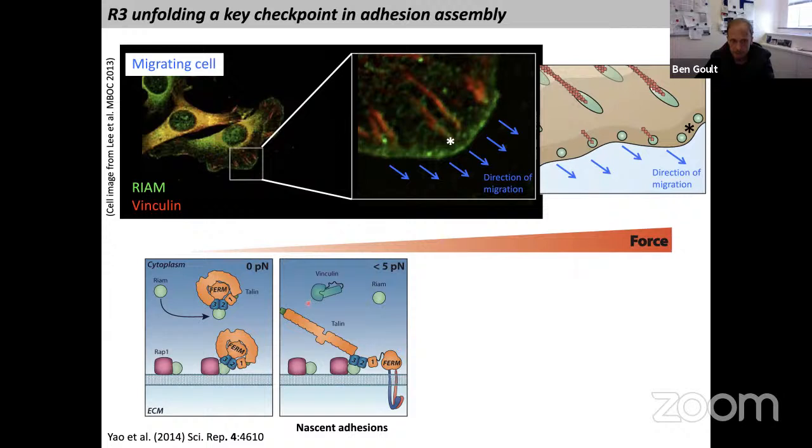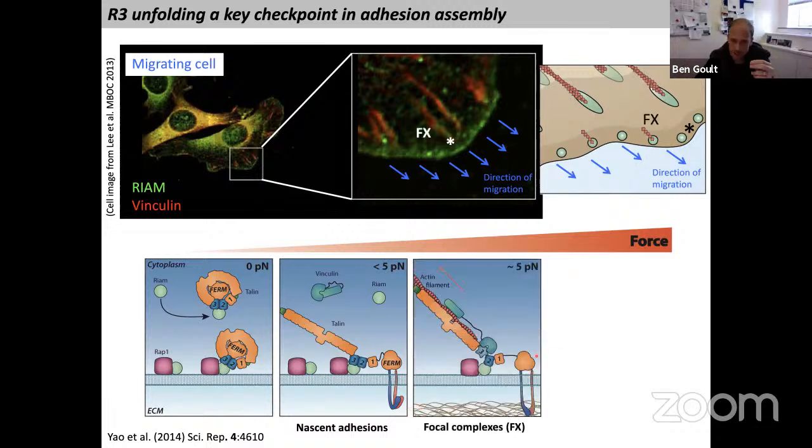If you imagine what's happening force-wise, then all of this stage is under low force because nothing's pulling on talin. It might attach at one end, but it's not at the other. But you get to a point where it activates an integrin, which couples to the extracellular matrix, and it couples to the actin cytoskeleton being generated there. And then all of a sudden you have force exerted on this molecule, which unfolds that first domain in talin, this R3, breaking the link to the VAM signaling and recruiting this protein called vinculin, which then reinforces this adhesion.